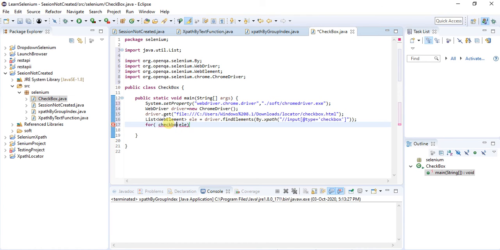Just I will type that. Okay, so this is the web element. So in our case, the two checkboxes are already selected. Remaining, I need to select. So, okay, using the if statement.